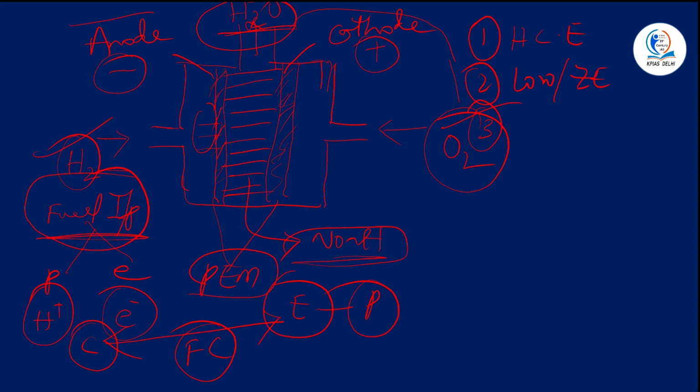And the fuel cells can also utilize a variety of fuels. As I told you, hydrogen is one such example that we are considering in this particular fuel cell. You can use hydrogen, you can use natural gas, it can be methanol, or it can be any sort of biofuels as well. So the versatility of fuel cells enables adaptation to different fuel availability and infrastructure scenarios. Depending upon the availability, you can use it.